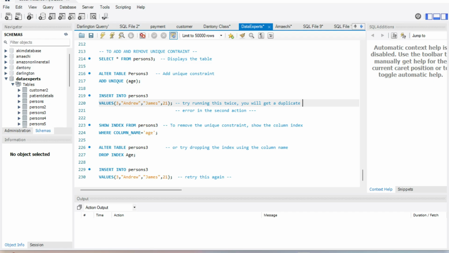So what we did that day was the show index. You use this command: show index from person three. That's the table. But what I want to do is to remove the unique constraint. So I need to show the index because they were looking for that index. But what I typed in was not the right one. So how to get it is to say show index from person three where column name equal to age. So when you run it,